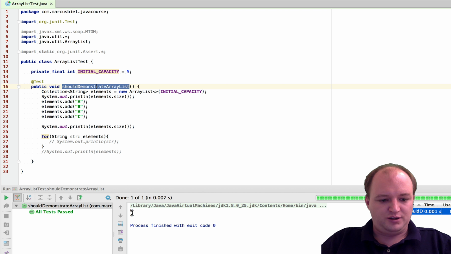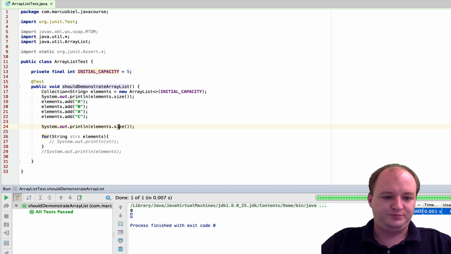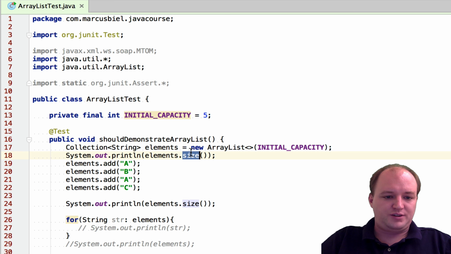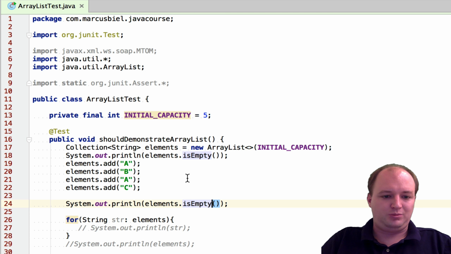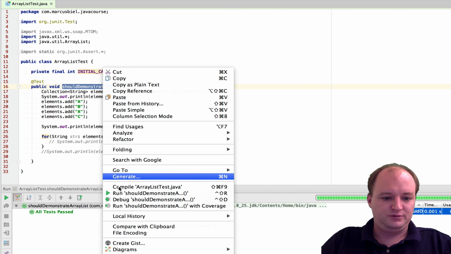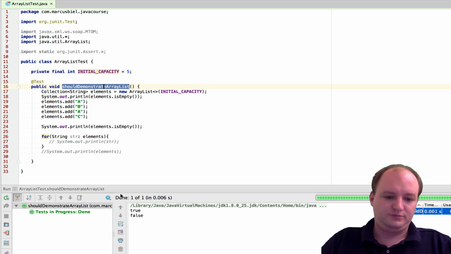So you see, it returns 0 in the first line and then 4. So this is the size method. You can even ask, are you empty? Which should probably say yes, true, here and probably false here. And there it is, true and false.